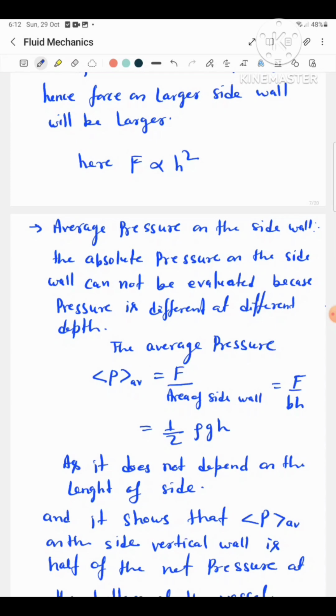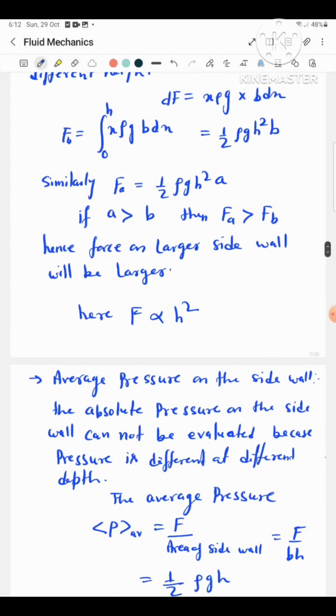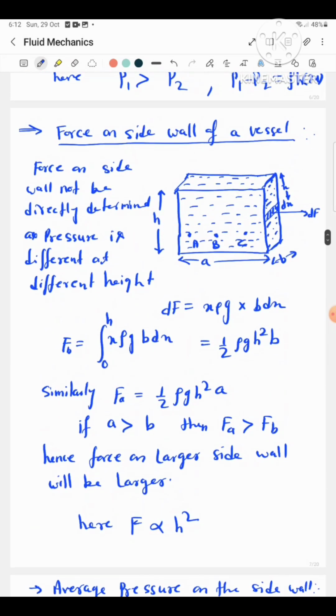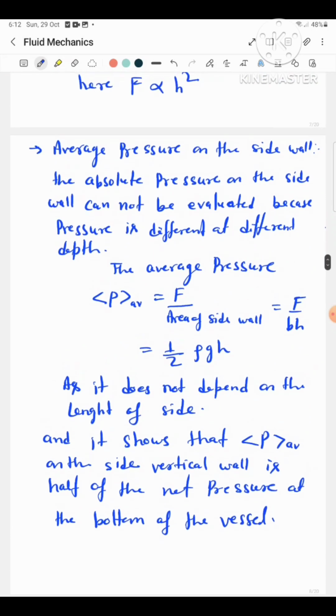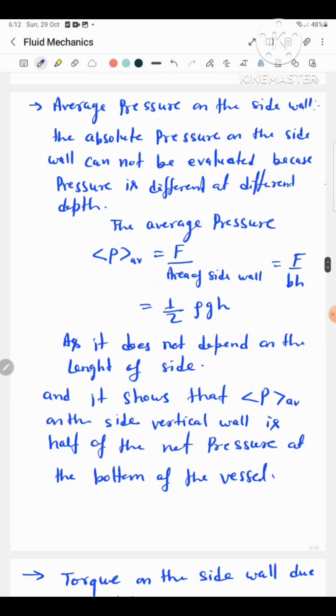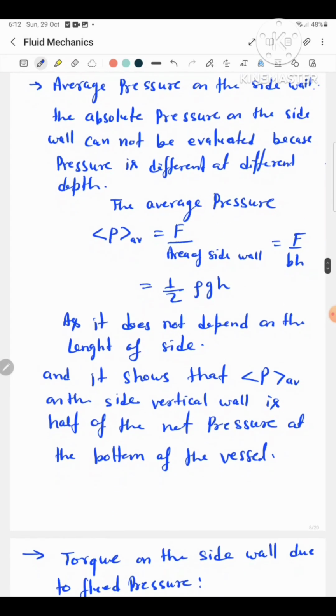The absolute pressure on the side wall cannot be calculated because different heights have different pressure. So average pressure can be calculated by the total force on the side wall upon the area of the side wall, that is F upon BH, half rho g h. This means average pressure does not depend upon the length of the side wall,